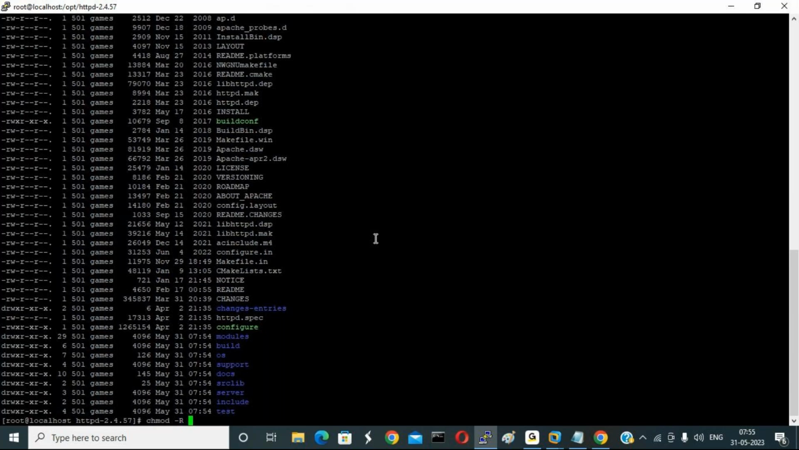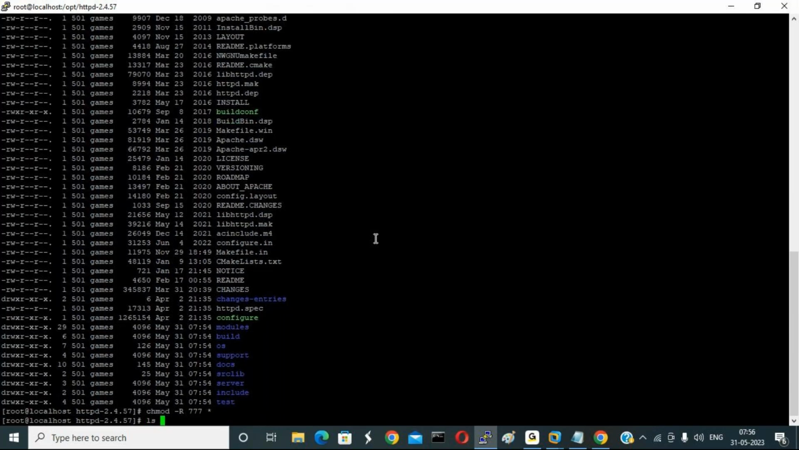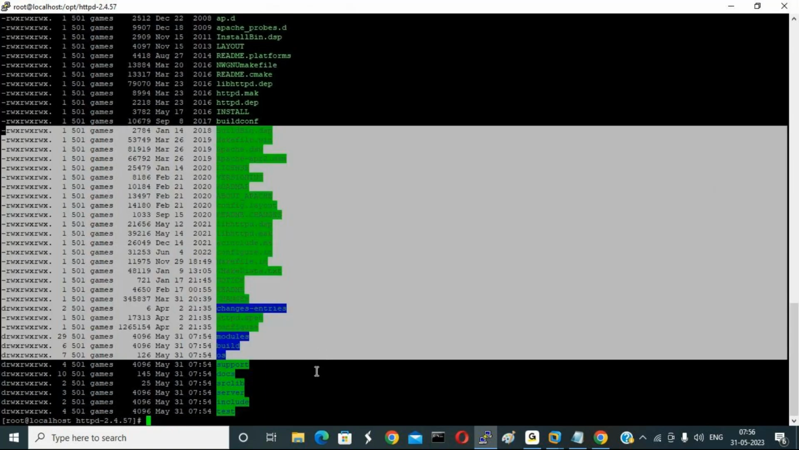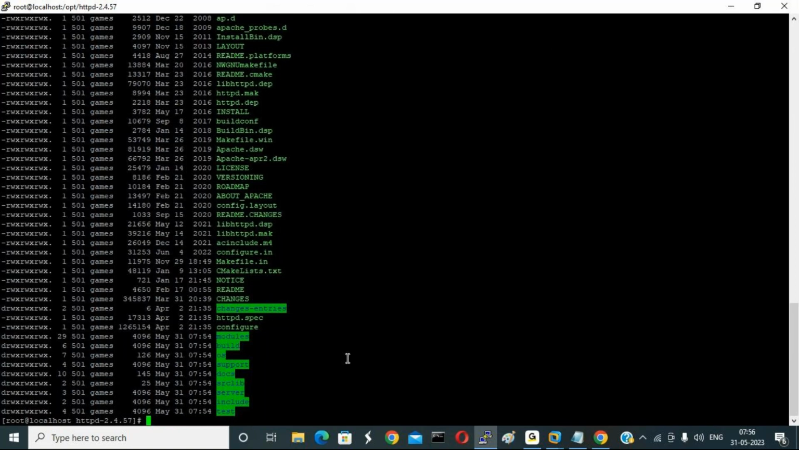chmod -R, I'll give 777 space star. Star means wherever you are using it, in the directory, presently whichever path you are in, in that path all the files and directories permissions will be changed. Okay, now check it. Here all the permissions are changed. Okay, so once we extracted it,